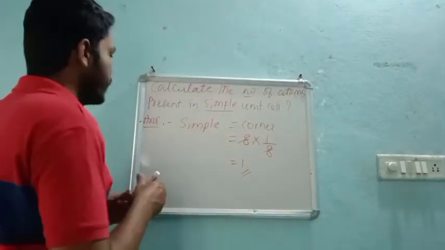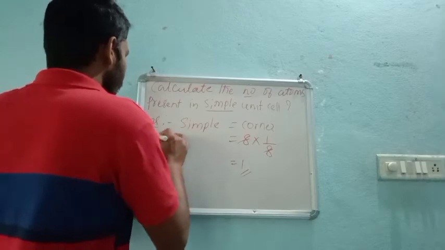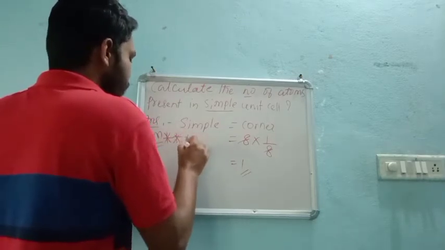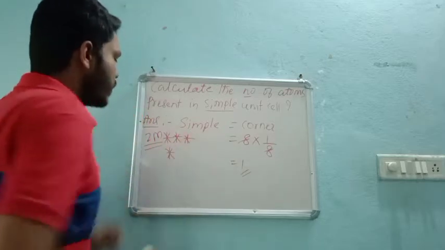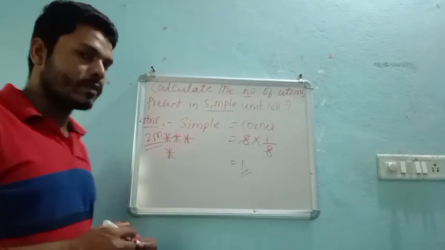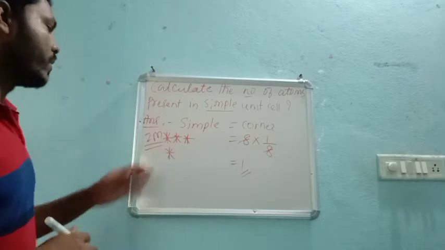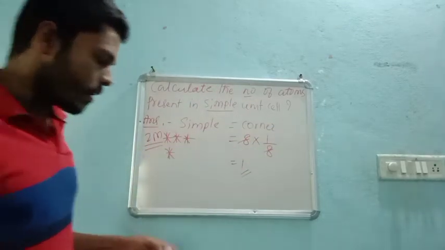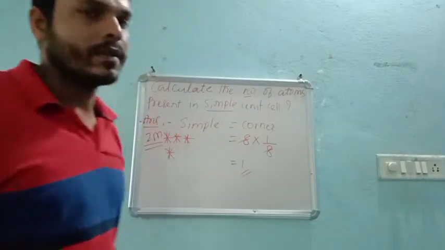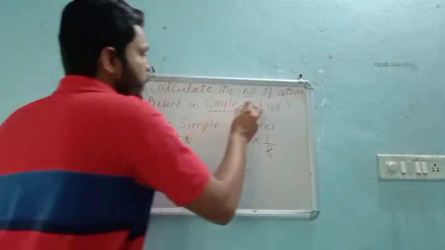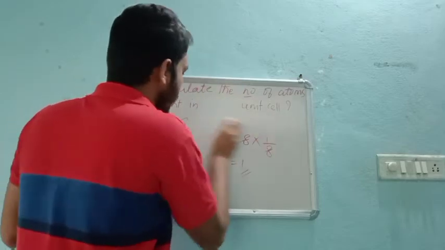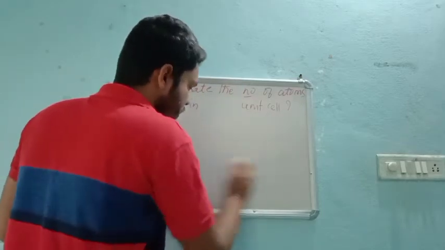And these questions are very important for 2 marks. Alternate years, this question has been asked many times. They are the most repeated questions we can say. For just calculating the number of atoms present in the different cells, you will get 2 marks. So these three questions, whatever I will solve now, are very important for 2 marks.